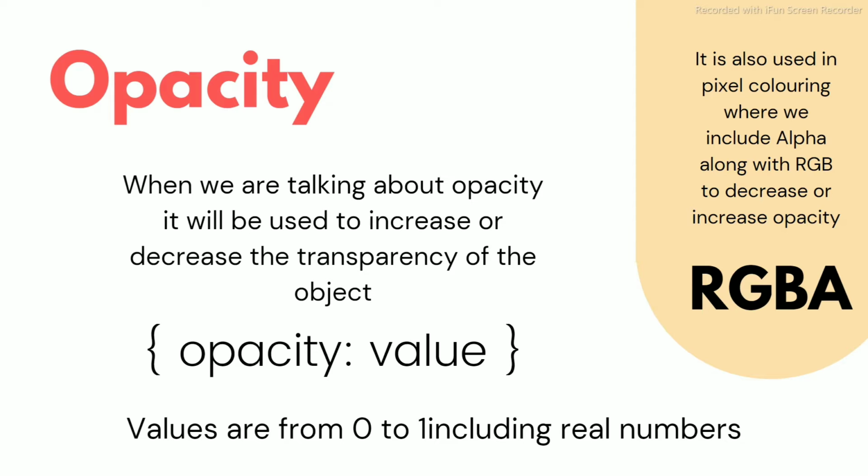In the pixel color, we also have a different keyword, which is A. RGBA. A represents alpha. Alpha is also opacity. If we use 0 as opacity, then no color will be displayed in RGBA. If we use 1, the color will be displayed with high intensity. We can use this alpha in the pixel colors to make it transparent or less transparent according to our convenience.